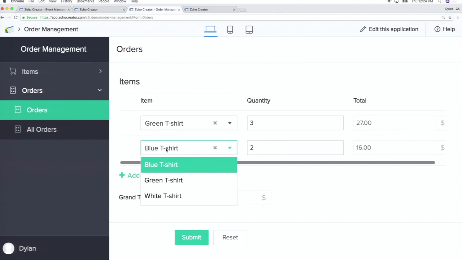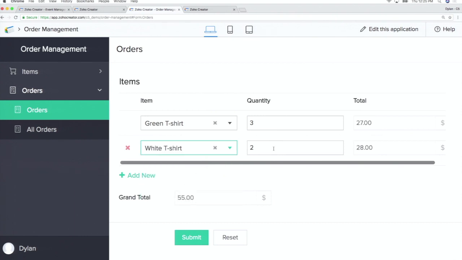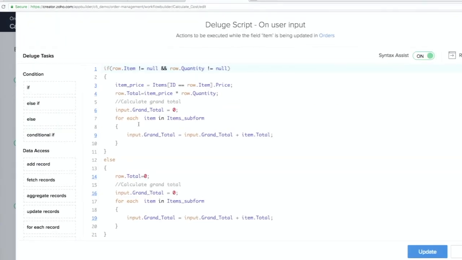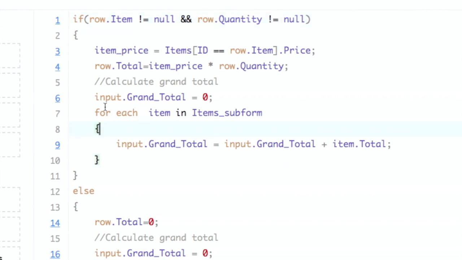Because what could happen is, what if each t-shirt has a different cost? If I switch this from a blue t-shirt to a white t-shirt, we might have to update things because white t-shirts cost more for some reason. So in order to make this work properly, we have to reset our grand total to 0, because otherwise it's going to take the grand total and add on whatever this row's total is. And if we didn't reset to 0 every single time,